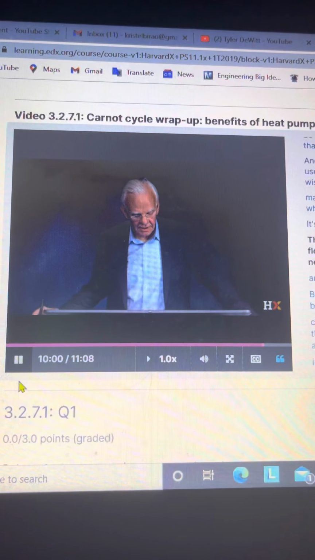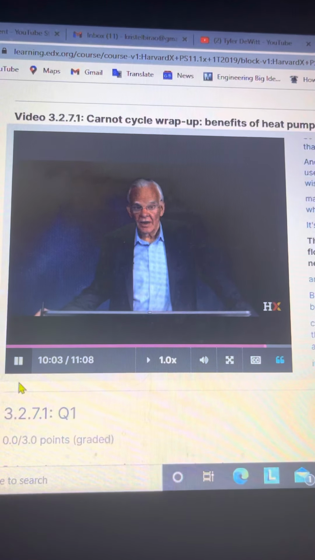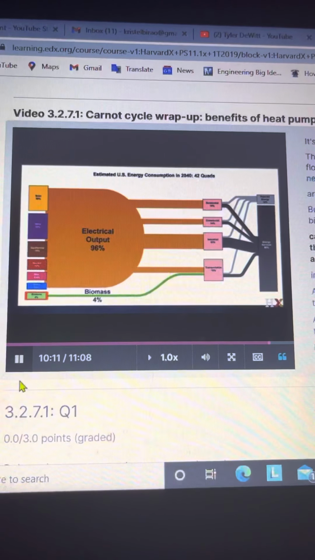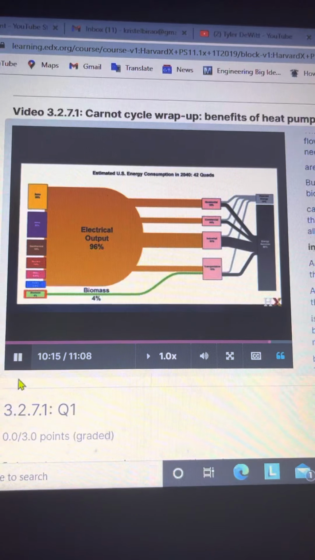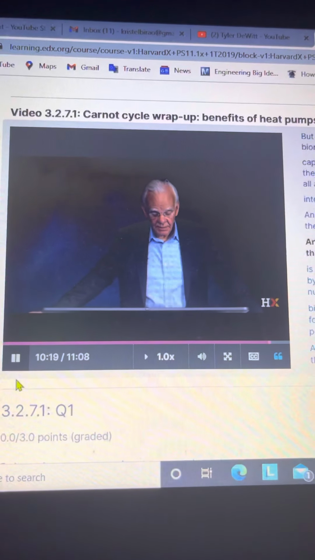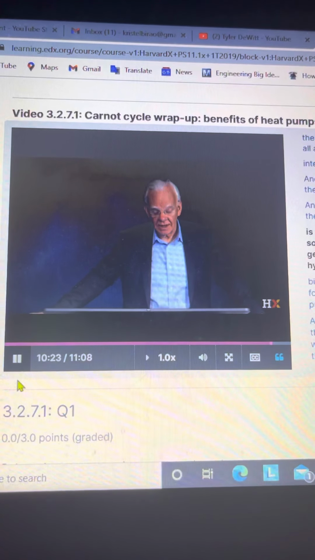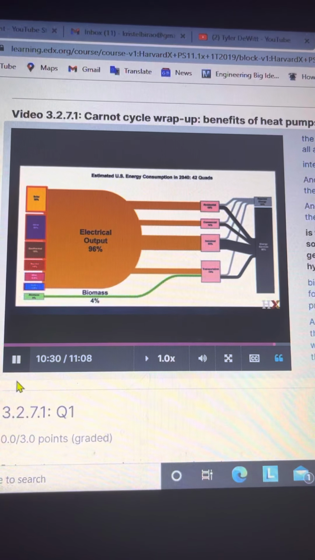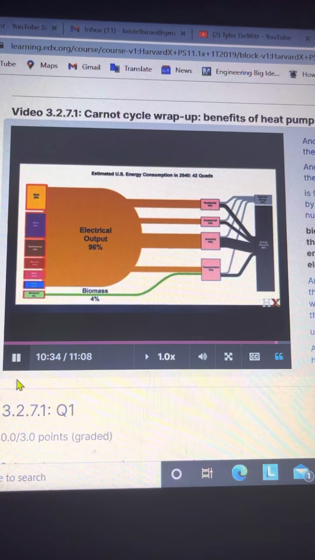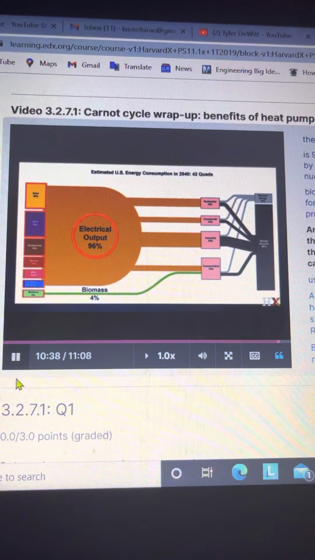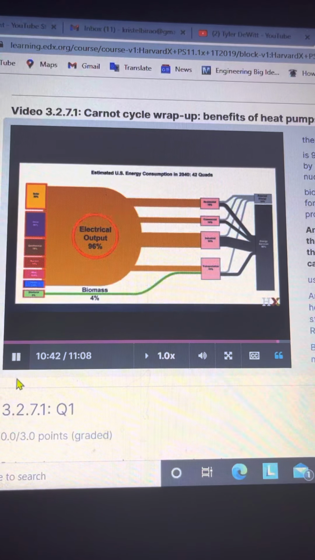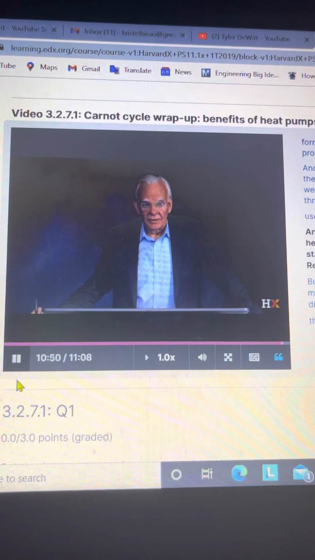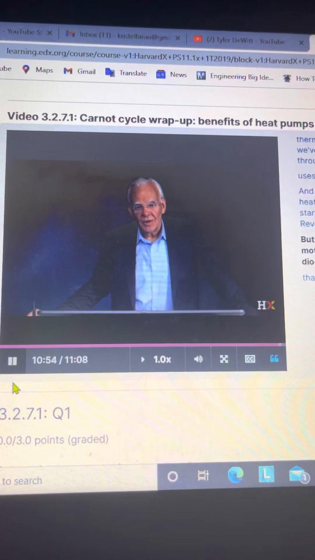The only element of that flow of energy that we need liquid fuels for are aircraft. But it turns out that biomass is more than capable of supplying all of the liquid fuel needed for all aircraft internationally. And so this is the picture of the future. And this picture, in which the electrical output is 96% of all, driven by solar, by wind, by geothermal, by nuclear, by hydro, by biomass, and so on. All of those forms of renewable energy produce electricity. And every single thermodynamic device that we've worked so carefully through uses electricity. And you can see how the heat engine may have started the Industrial Revolution, but heat pumps, electric motors, light emitting diodes,